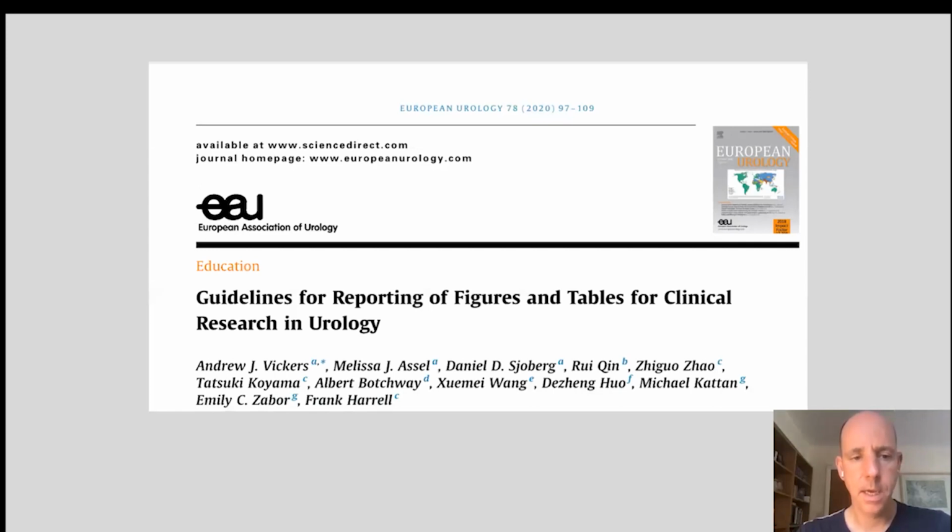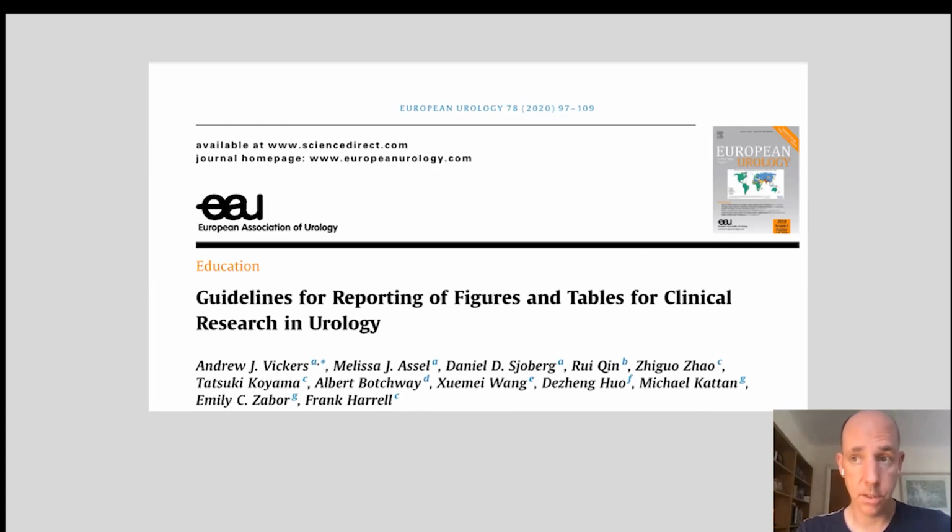quality. Andrew Vickers has written 2 papers that will be important to you, and they're free to download through the website. The first one is Guidelines for Reporting Figures and Tables. Again, I'm a strong believer in reading a paper from the figures and tables, and that's often the first thing I turn to. Can you understand the patient population? Can you understand the intervention? Can you understand the outcomes? All of these are necessary and avoid duplication.